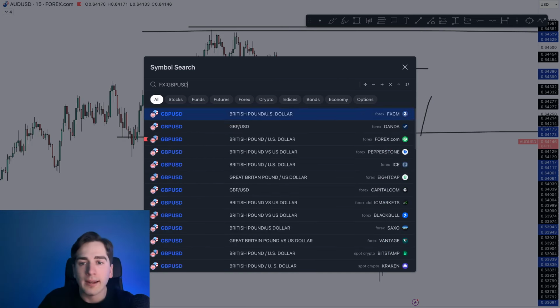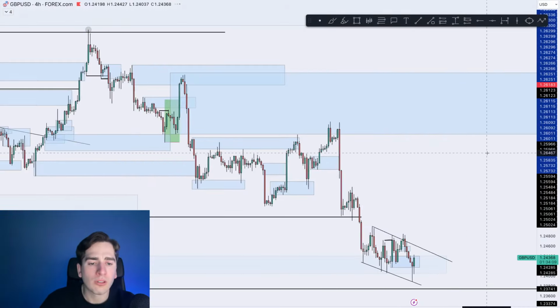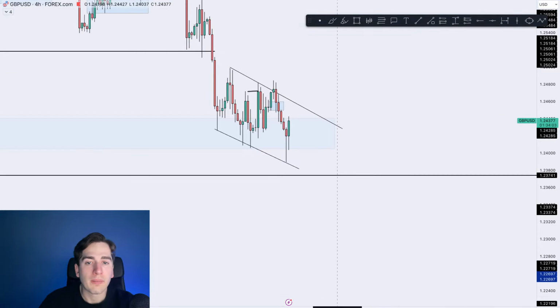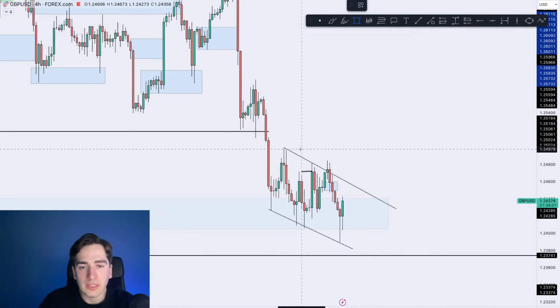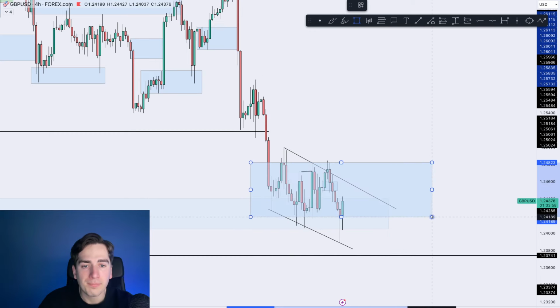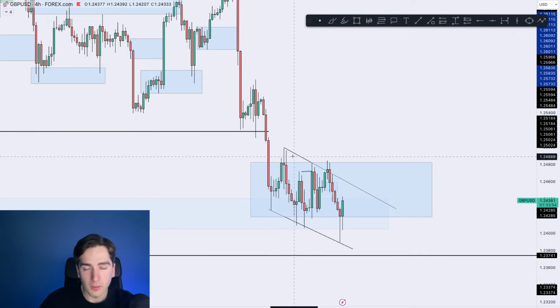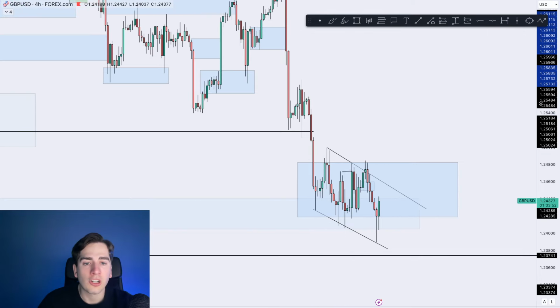Moving on towards pound dollar. So pound dollar also saw a very aggressive push towards the downside, kind of neglected this area of demand. Overall, if you look at pound dollar, very consolidative again here on the 4-hour time frame. So we've now liquidated the low, and the pattern is kind of evolving into something larger.